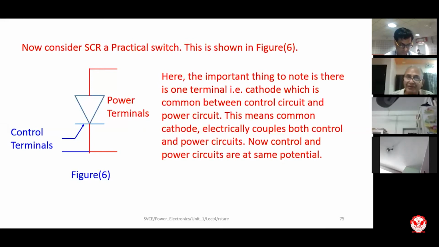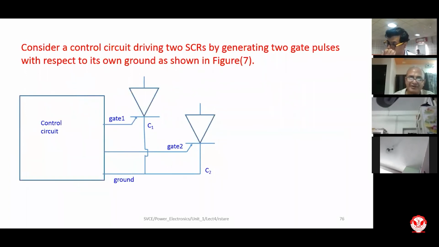In a relay there is no electrical connection with the electrical power contacts, and this brings in a lot of problems in design. So let's discuss what kind of problems these could be. I am just putting a simple example, and many different examples can be taken for why we should separate electrically the control circuit from the power circuit. Here I am showing in this diagram a control circuit. At the output it generates two pulses for two SCRs, injecting current into the two gates, gate 1 and gate 2. Naturally, when we are injecting current, we have to collect this current back into the ground line.